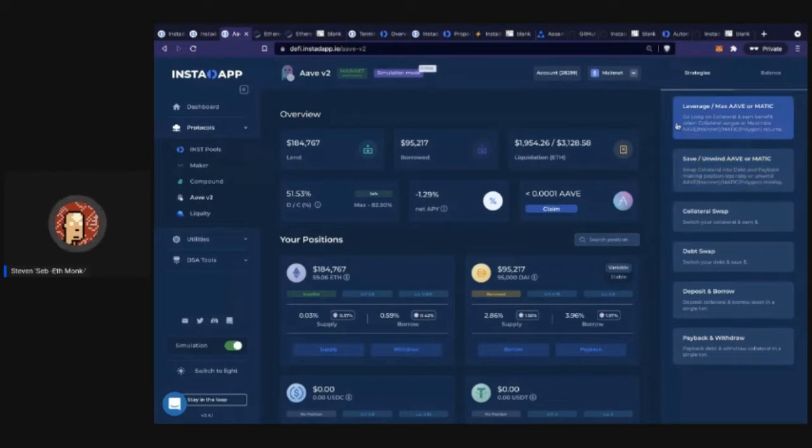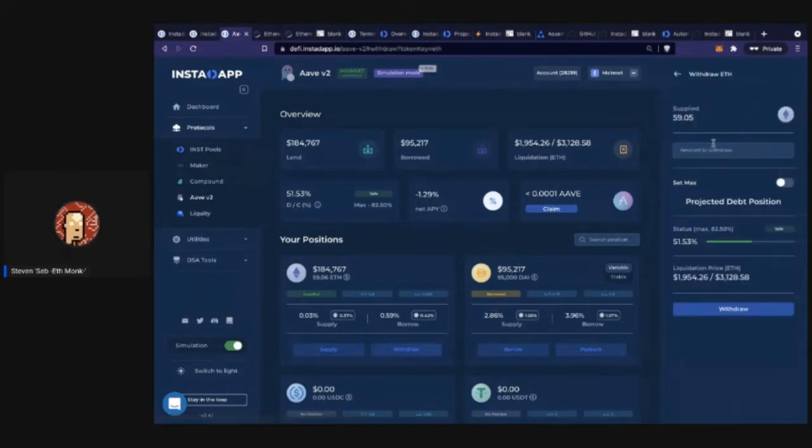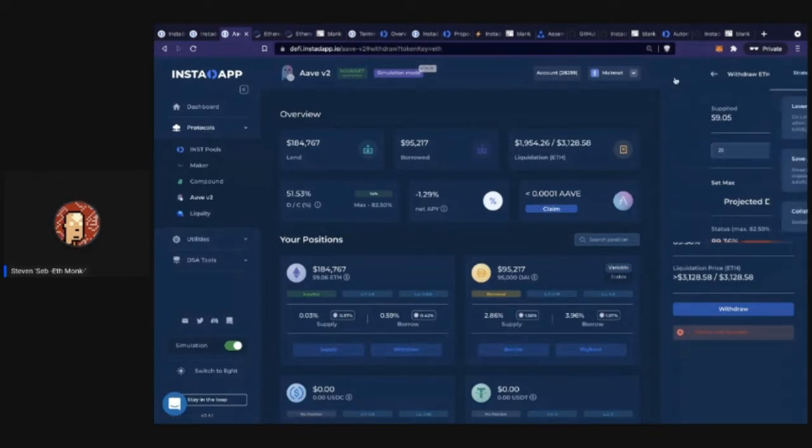So I'm going to just do it really quickly here. And also, again, same thing with leverage. If you were to try to unwind this position now yourself, it would be way too many transactions, and it wouldn't be efficient. So let's say you'd have to withdraw 95,000. You'd have to withdraw about half of that, which is about 25. And you actually can't even do it. So this is where the flash loans make this possible.